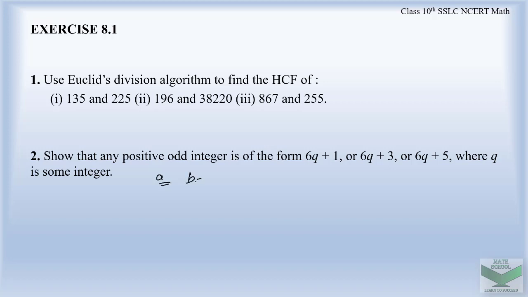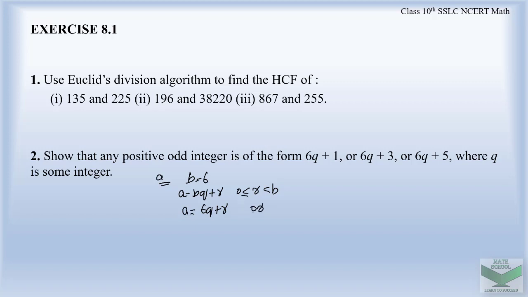Then take b value as 6 and substitute this value in Euclid's division algorithm, which says a is equal to bq plus r, where r lies between 0 and b. By substituting a and b value, you will get a equal to 6q plus r,